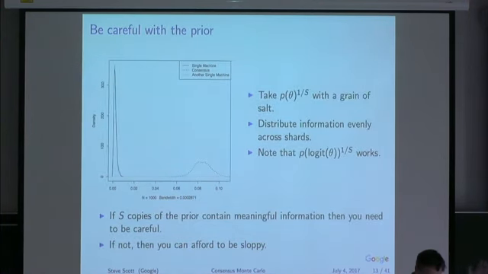Okay. You do have to be careful of the prior. The uniform prior here is what I used for the population, so that's one prior success and one prior failure, obviously. If we take the uniform prior to the 1 over s power, literally, then you get the uniform prior for each worker machine, and that's not what we want, right? Because then we're adding 1,000 prior successes and 1,000 prior failures.